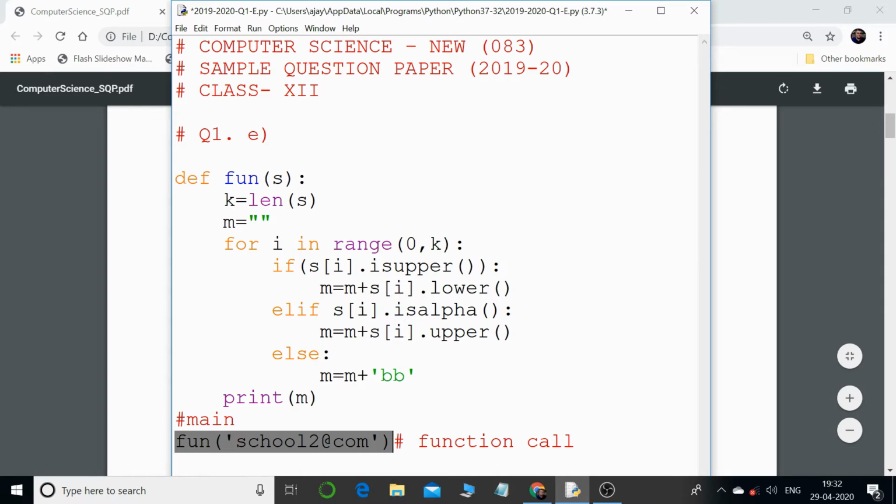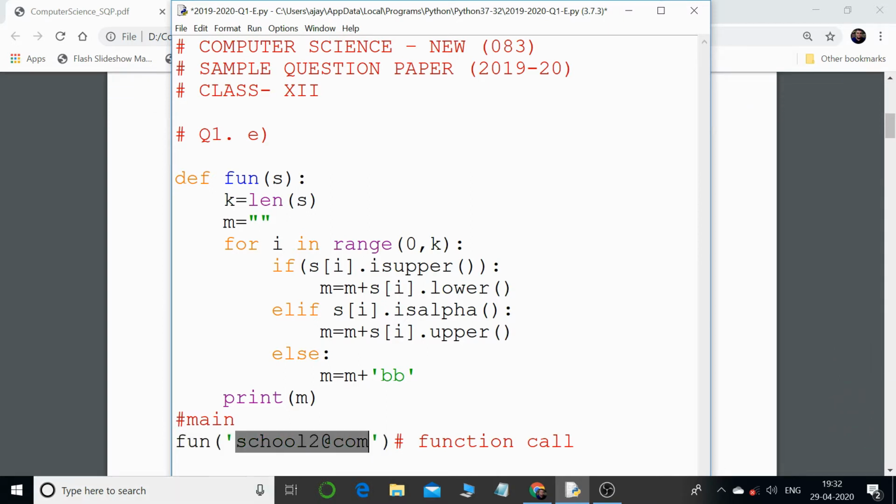In this function we are passing a value, and that is a string value. If we count the number of characters in this string value, it is 1 2 3 4 5 6 7 8 9 10 and 11. So in total there are 11 characters in this string value, and we are passing that as an argument to this function. So s is going to receive this string value, and then we are calculating the length of that string using the len function. The len function is going to return the value that is 11, isn't it?